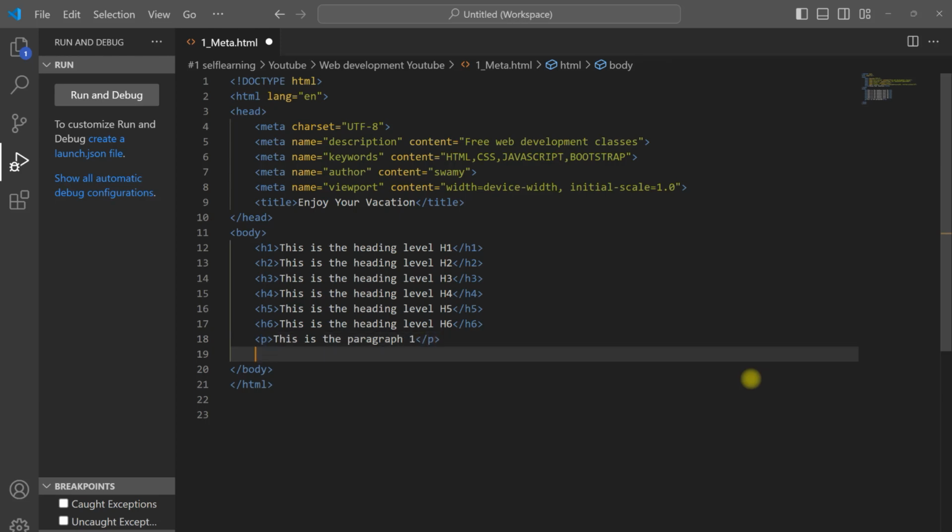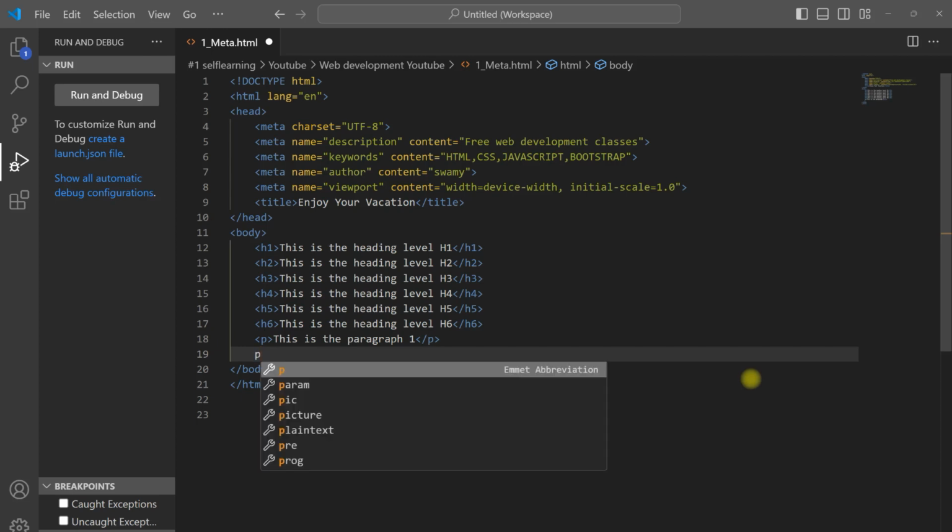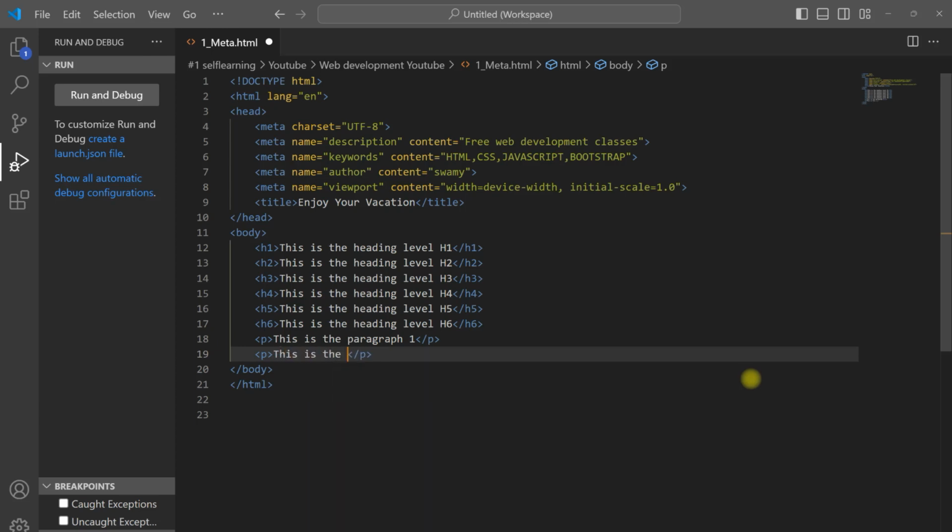Another paragraph tag also we will write. I'm just typing P and pressing enter so that Visual Studio Code automatically inserts the paragraph tag. This is the paragraph 2. Okay, now that we have 2 paragraphs, we'll again run the code and see how the output is